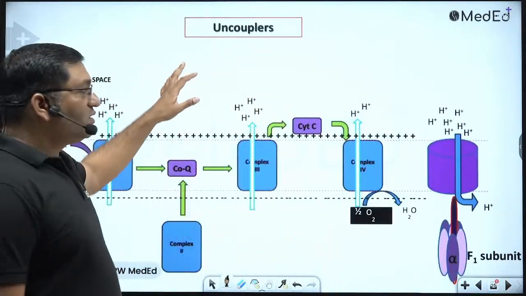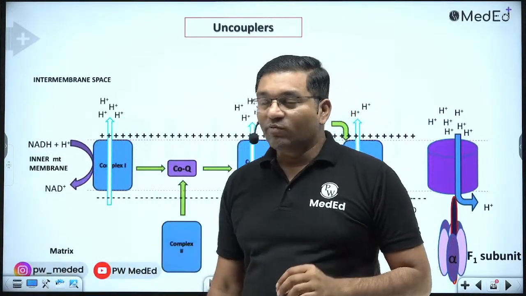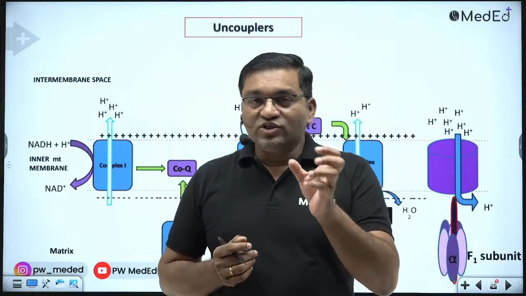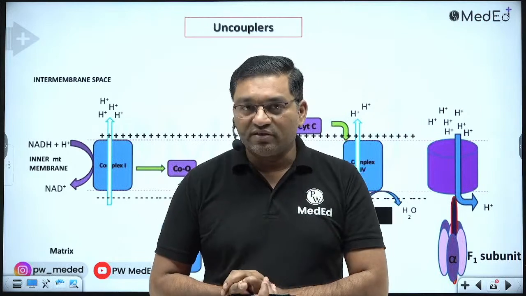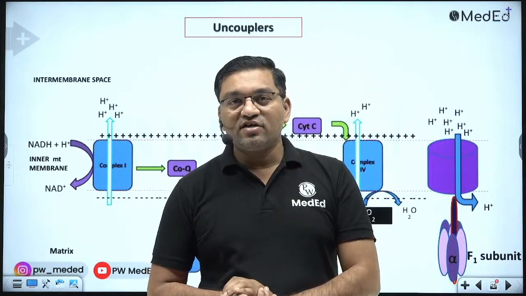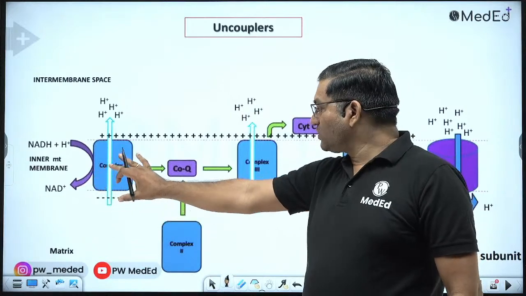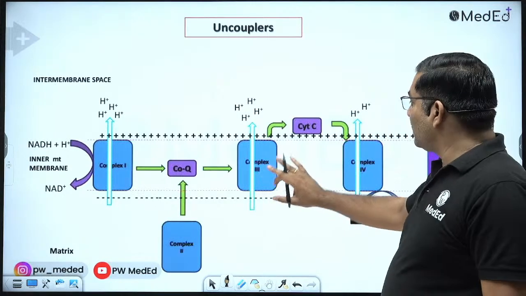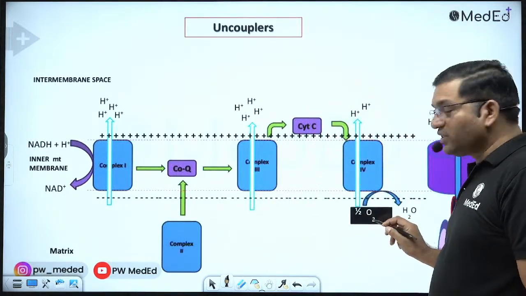Now coming to the electron transport chain and oxidative phosphorylation. From this topic, the important points to remember are the different inhibitors and uncouplers. Now the electron flows from complex 1 to coenzyme Q, from coenzyme Q to complex 3, complex 3 to cytochrome C, cytochrome C to complex 4, where it is accepted by the oxygen molecule